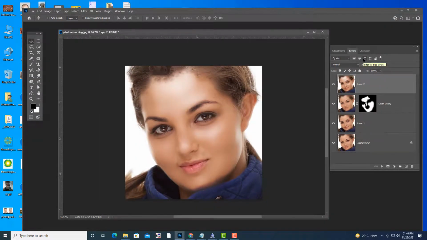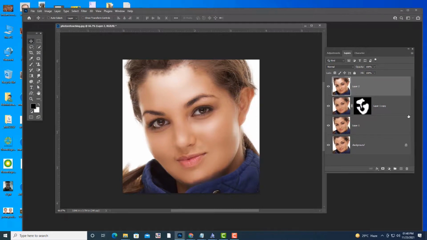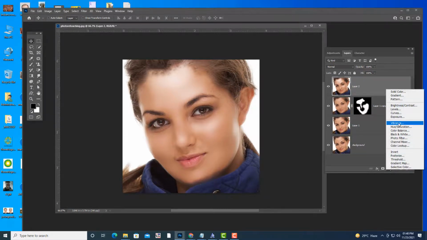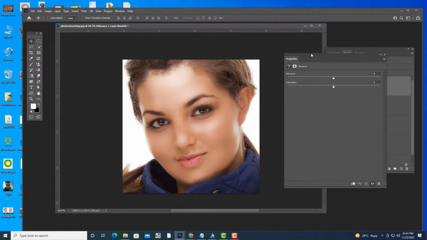Okay, so this is the next thing. And the next thing is we'll apply some naturalness to this. I told you about vibrance. You want some brownish color. How can we apply that? Simply click here, and we have an option called vibrance. Vibrance will make her face a little bit brownish, from a creamy color to brownish.